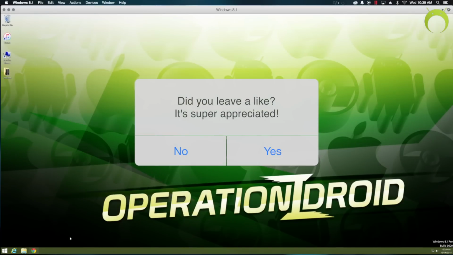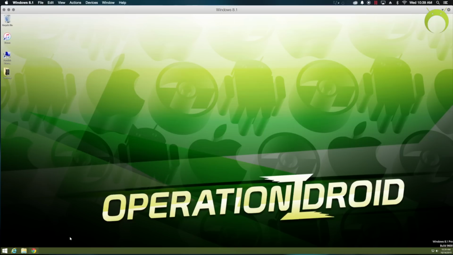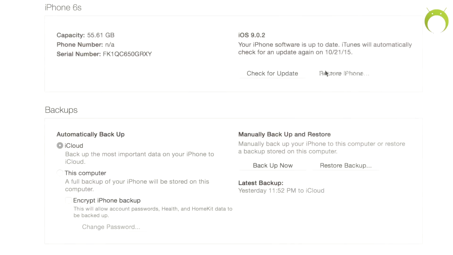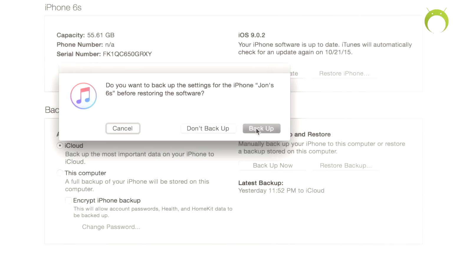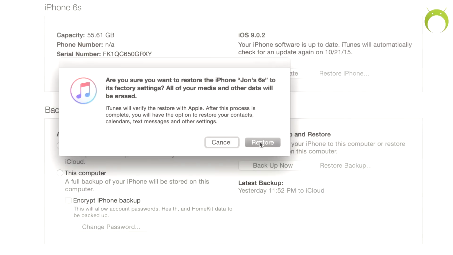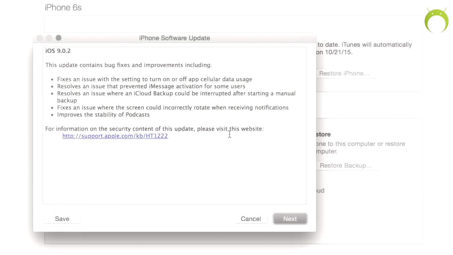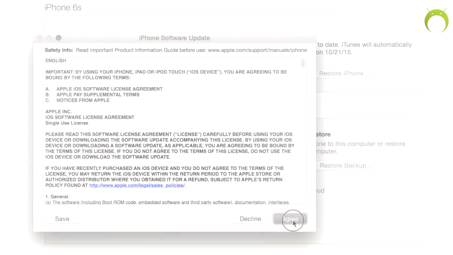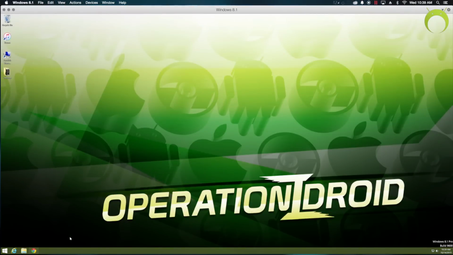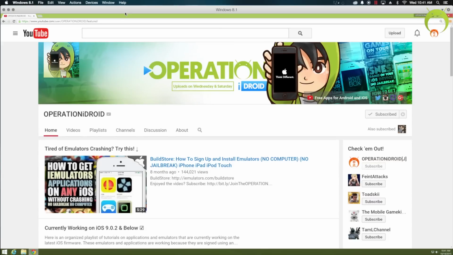Switching over to my main computer that also has Parallels, make sure that your iOS device is on the latest iOS 9.0.2 and that it was updated through a computer and not over the air. If you update it to iOS 9 over the air, then the jailbreak may not work and cause problems in the future. Just to be safe, go ahead and back up your iOS device and update to 9.0.2 via a computer